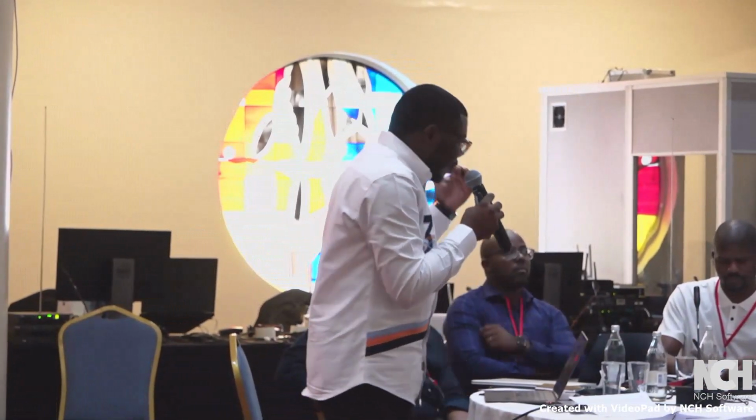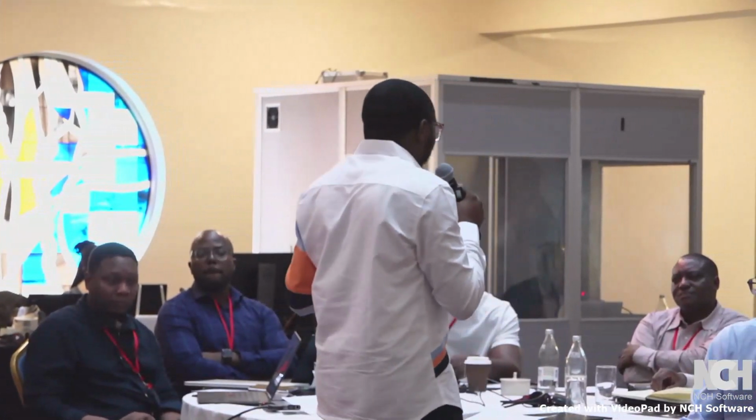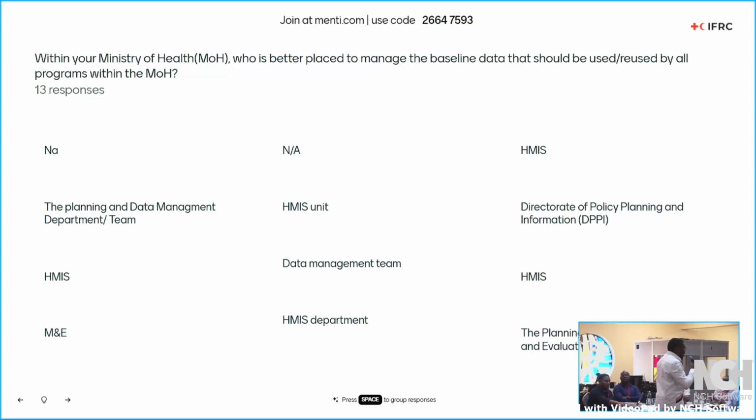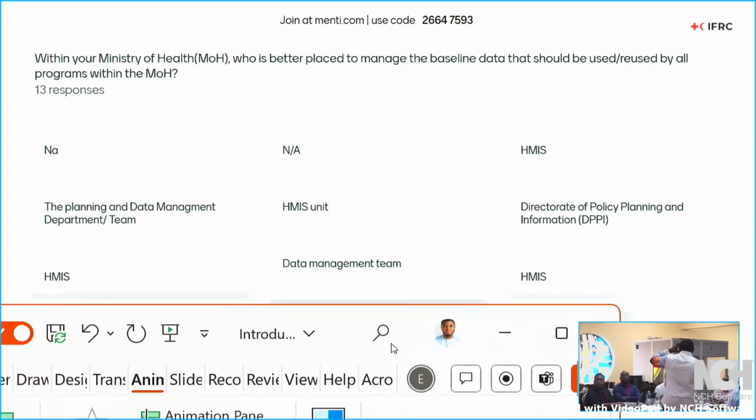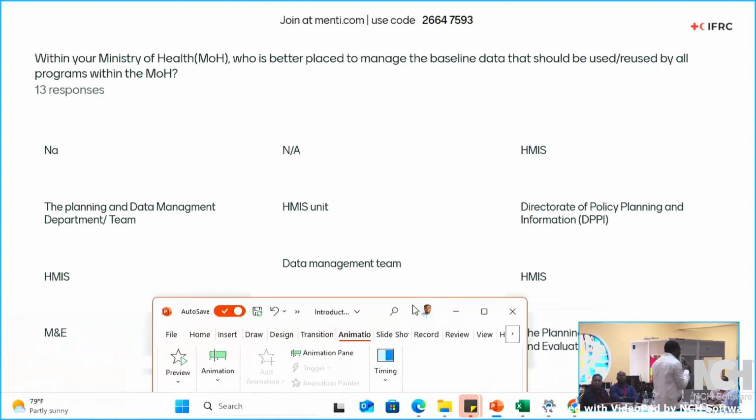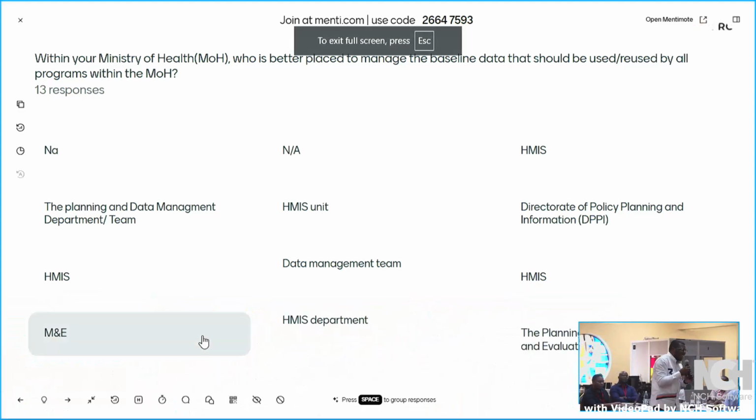So let us just take an example. If I want to give an ITN campaign, and we go from house to house measuring the height, the weight, and the MUAC reading, I'm sure that by the time that campaign strategy gets to Almasi to review, she's going to turn it back to us.